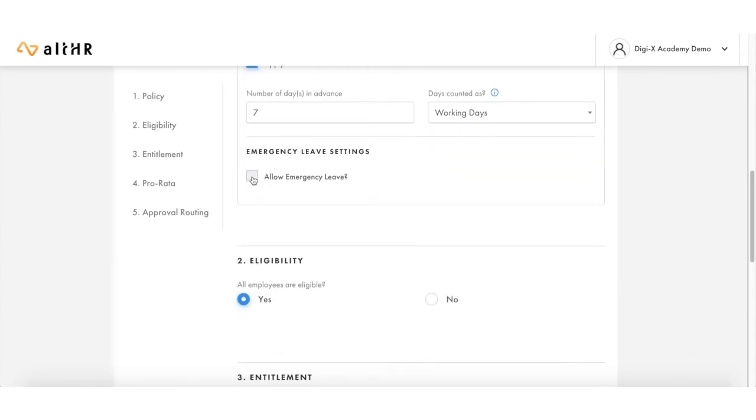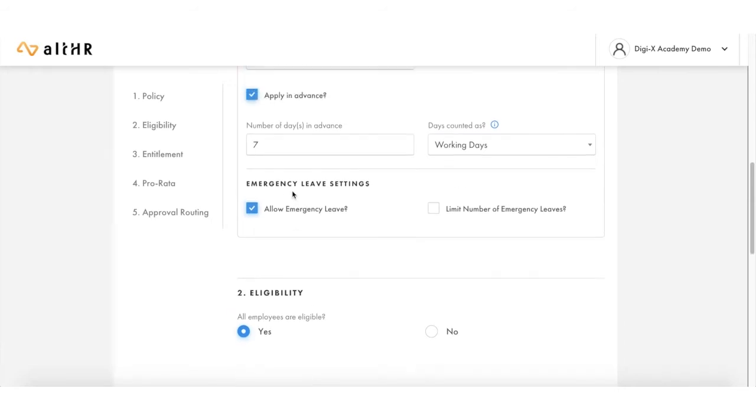You can click this to allow emergency leave. So say if it's within that 7 working days, it will still allow employees to submit the leave request. However, it will then be flagged as an emergency leave on the admin dashboard as well as the manager's team request section. So this is letting people still apply within the 7 working days, but then it will be flagged